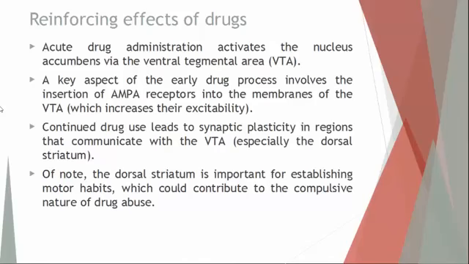All because drugs like this just turn on receptors that are receptors for dopamine. So cocaine will mimic that impact, and it will give you that euphoric high. And like I mentioned, continued drug use over a longer period of time will lead to this plasticity in these regions, like the VTA. The dorsal striatum is also very important because it helps to develop motor habits. And it's also a key part of the brain that deals with making sound decisions, weighing risk versus reward.